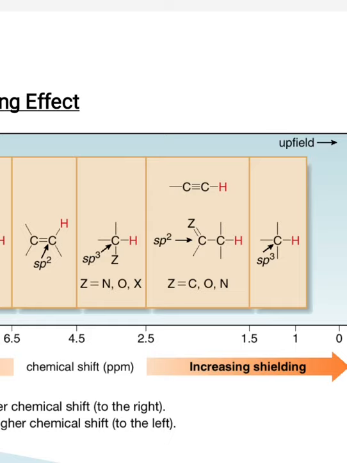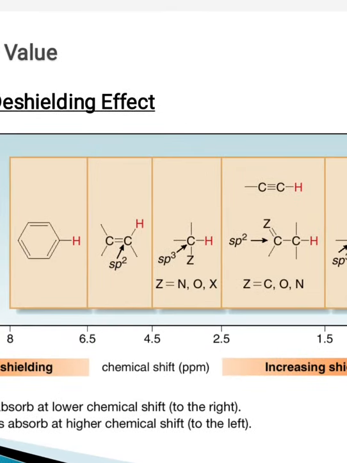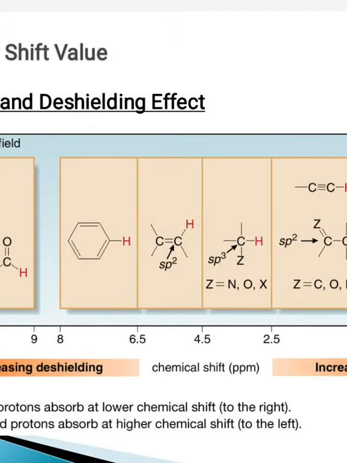Then, when a set of protons is attached to the carbonyl group, that is, attached to an sp2 hybridized carbon atom, the peak for that proton appears in the delta region 1.5 to 2.5 ppm. When it is attached to an sp3 hybridized carbon atom, the peak appears between 2.5 to 4.5. The proton of an alkene, that is a proton attached to an sp2 hybridized carbon atom, its peak appears in the region 4.5 to 6.5 ppm.